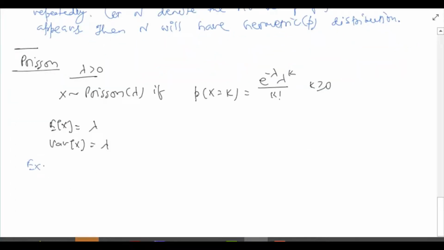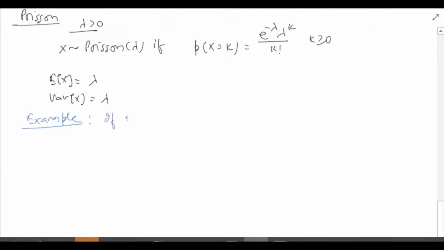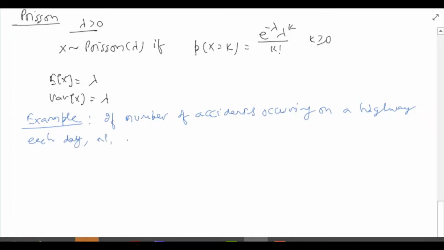Let's see an example to illustrate Poisson random variables. If the number of accidents occurring on a highway each day, and let us call this number N, is a Poisson 3 random variable,